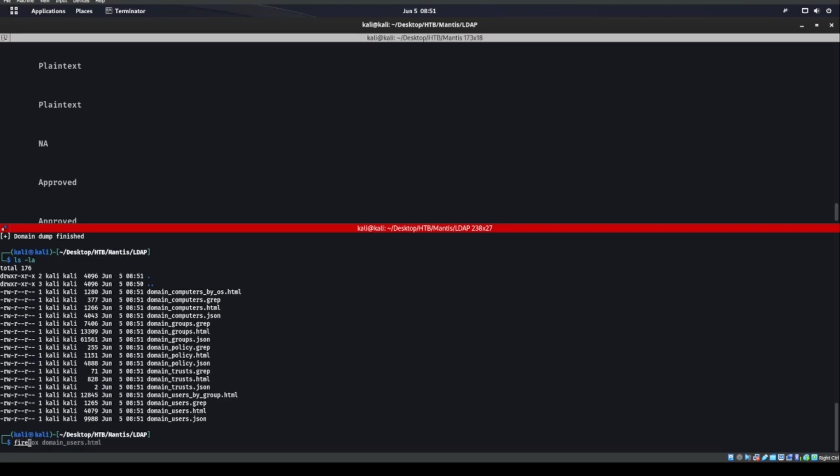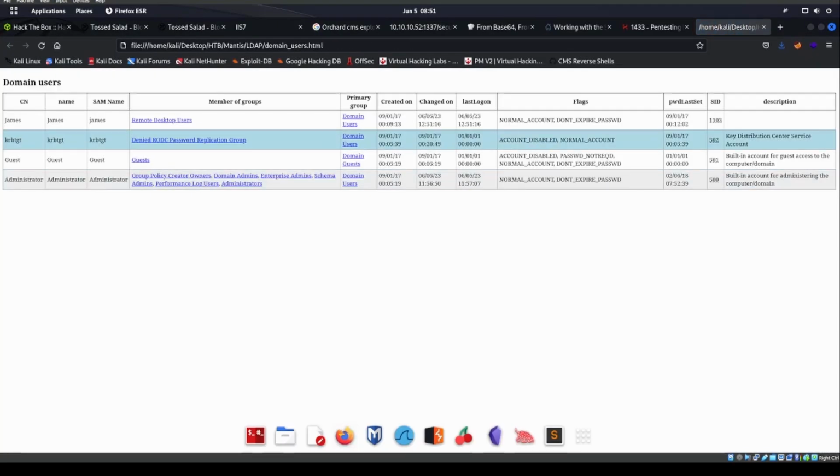Let's go ahead and Firefox that domain user.html. See if we got anything over here. We do not have anything in the description. James is the only user also. Let's go ahead and try to WinRM as him. We do have,